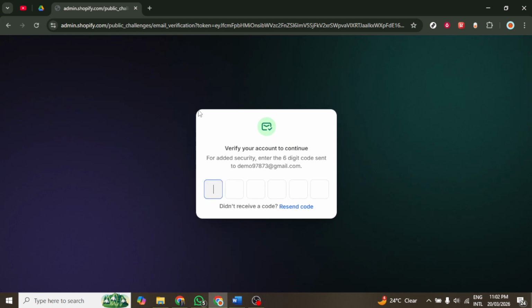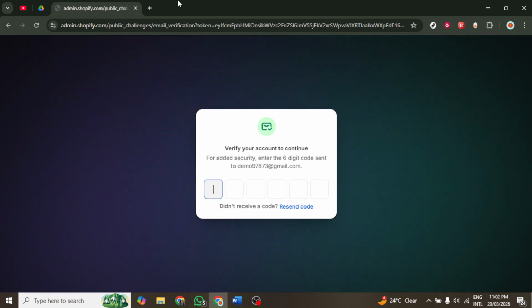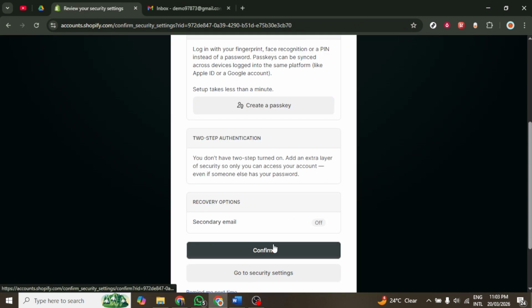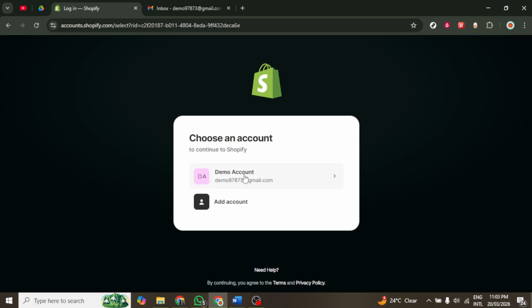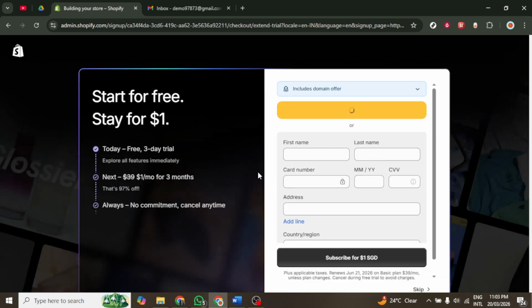After locating the Start Free Trial button, click on it to initiate the sign-up process. A registration form will appear, prompting you to enter your email address, create a secure password, and choose a unique store name. It is essential to double check this information for accuracy, as any mistakes could lead to complications later. Once you have confirmed that all details are correct, click on the Start Free Trial button to create your Shopify